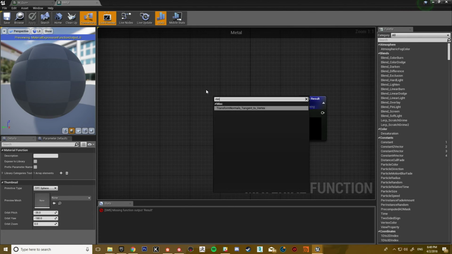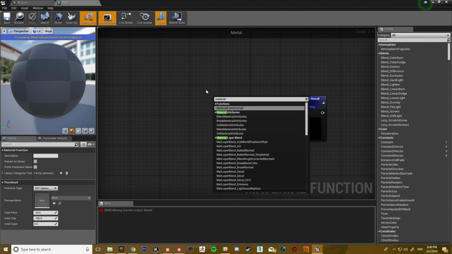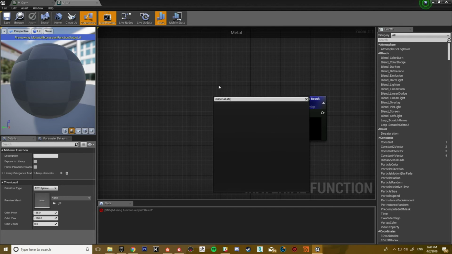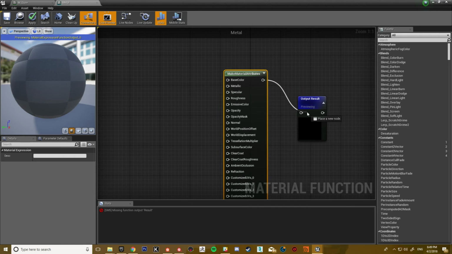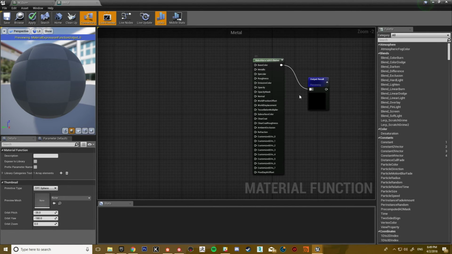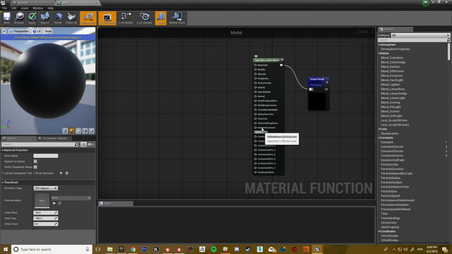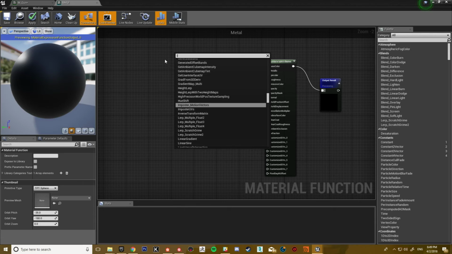And what we're going to do is we're going to create a material attribute. So you've got the material attributes layer. I want to make material attributes, which is going to look a lot more familiar, because that's just your input that you would normally have on a material. So what you're going to want to do with this is input anything that your material needs. For me, as a metal, I'm just going to give it a few things like an input.